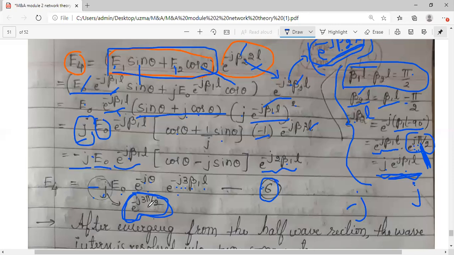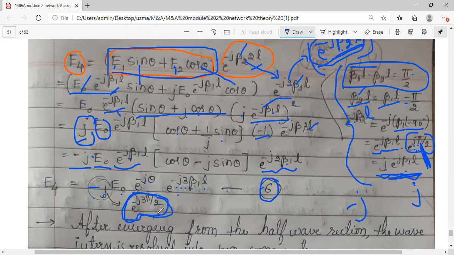So every time I further divide, E3, E4, then E5, E6, again the phase difference between E5 and E6 is also maintained as pi by 2. So this is fixed, the adjustment is fixed. Okay. Hope you got E3 and E4, and how to get the final equations 5 and 6.